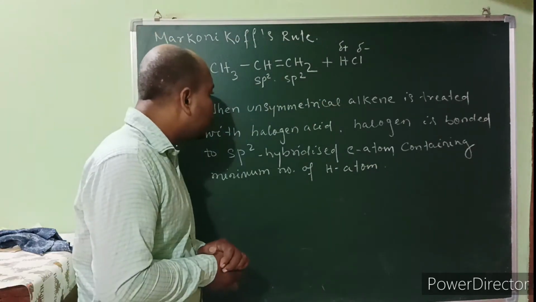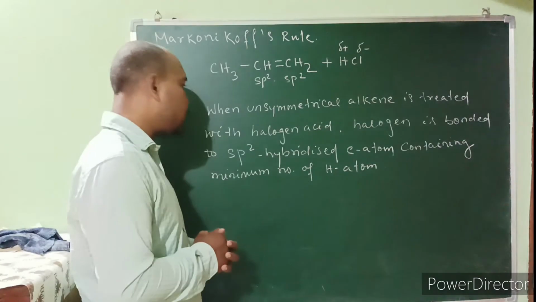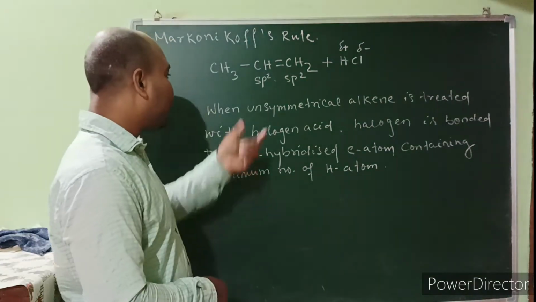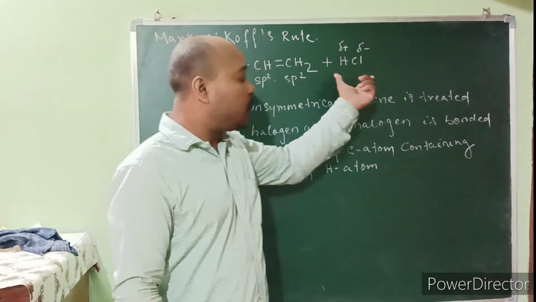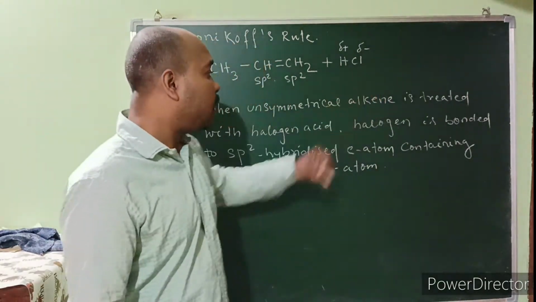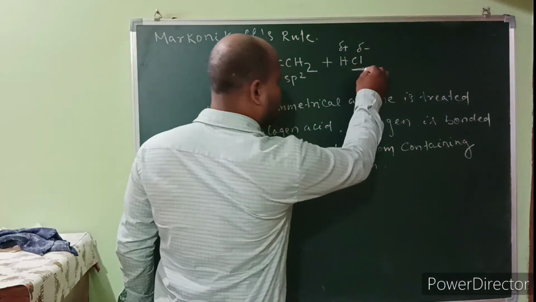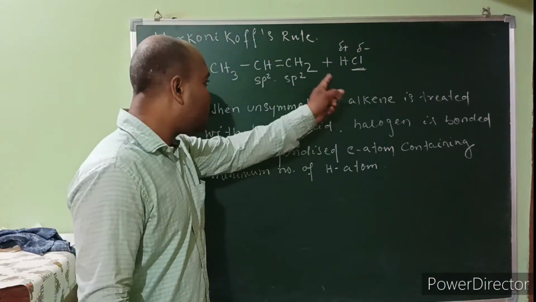So what Markovnikov's rule says is, if we react an unsymmetrical alkene with halogen acid, then the halogen is bonded to the